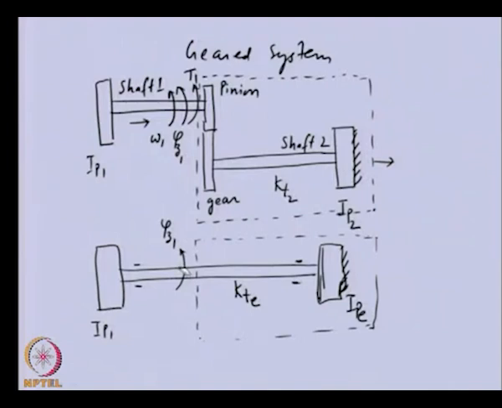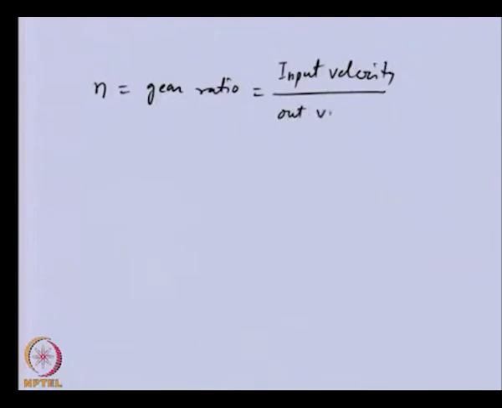So, you can see that this is because of the effect of the gear ratio. Let us see what the gear ratio is. Gear ratio is nothing but the input velocity divided by the output shaft velocity. So, in our case, if we are talking about angular displacement, these will be phi Z1 divided by phi Z2,